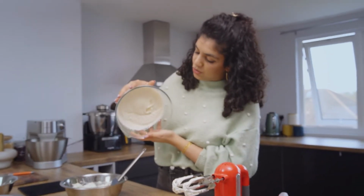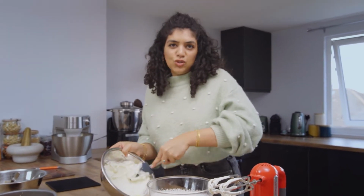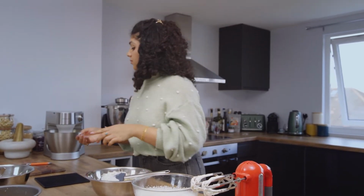So we have kind of some soft peaks. It still kind of moves, but not too much. And just kind of like soften out that cream cheese. And before you add it in,